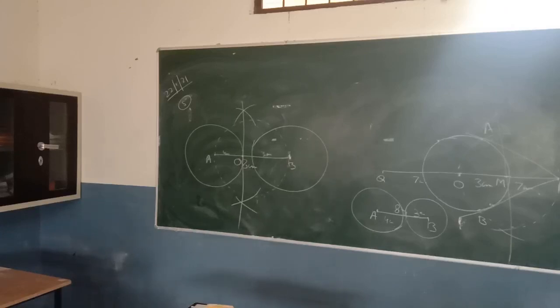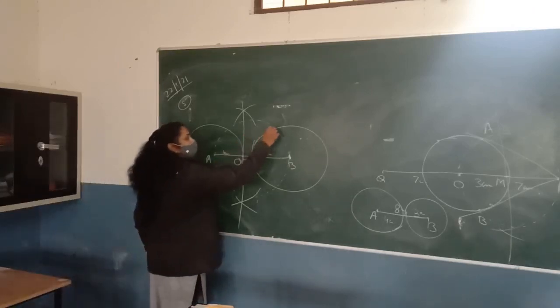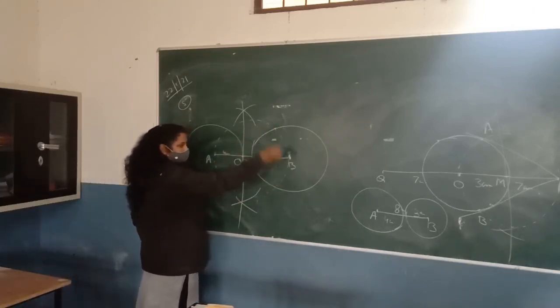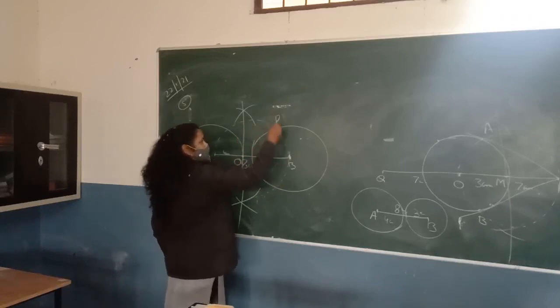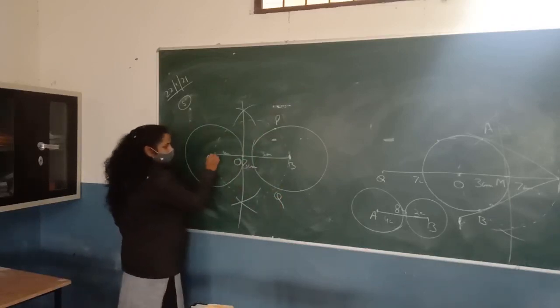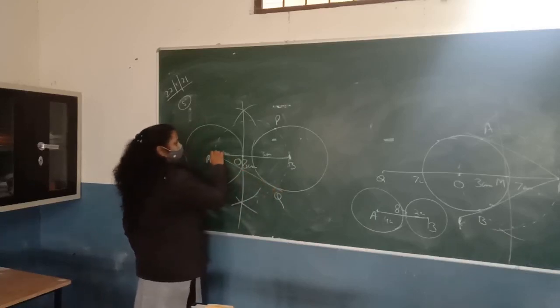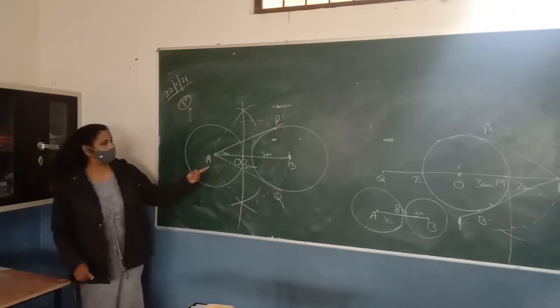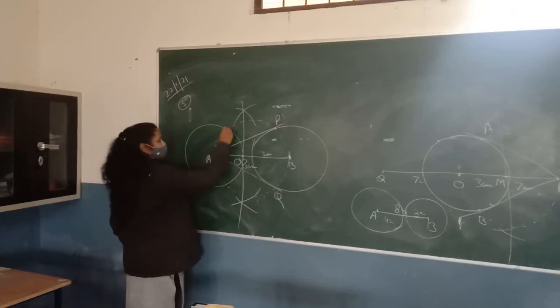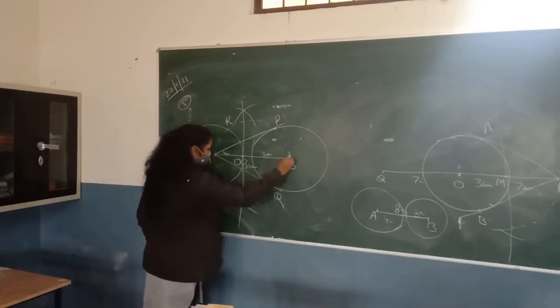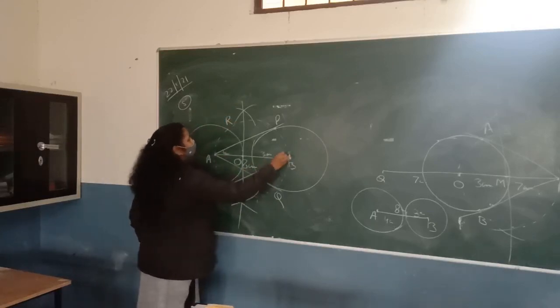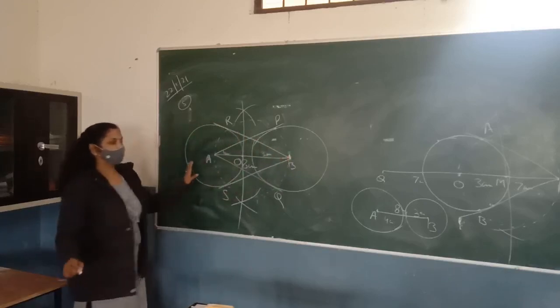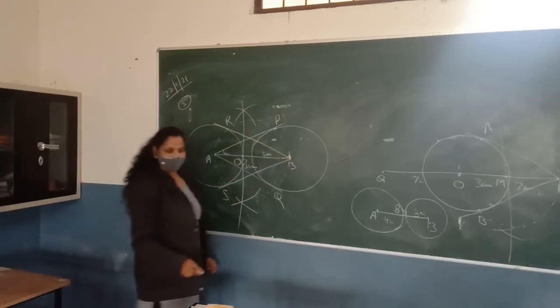Now you get the points for making the tangent to the circle. This circle intersects the smaller circle at this point. Let this point be P and this one Q. So join A with Q and A with P. These are the tangents to the smaller circle. And for the larger circle, the intersection points are, suppose, R and S. So you can join B with S and R. These are the tangents to the larger circle. Any doubt?